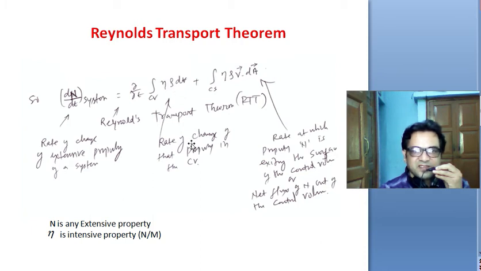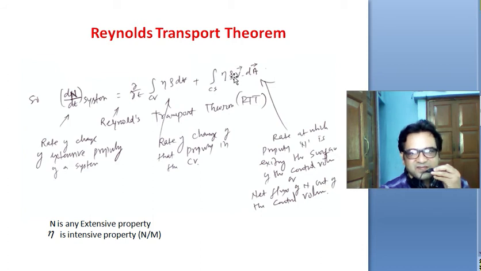So, the rate of change of that property in the control volume. And what is the second term? It is nothing but the rate at which the extensive property N is exiting the surface of the control volume. Rho V dot A is basically mass flow rate times the intensive property,